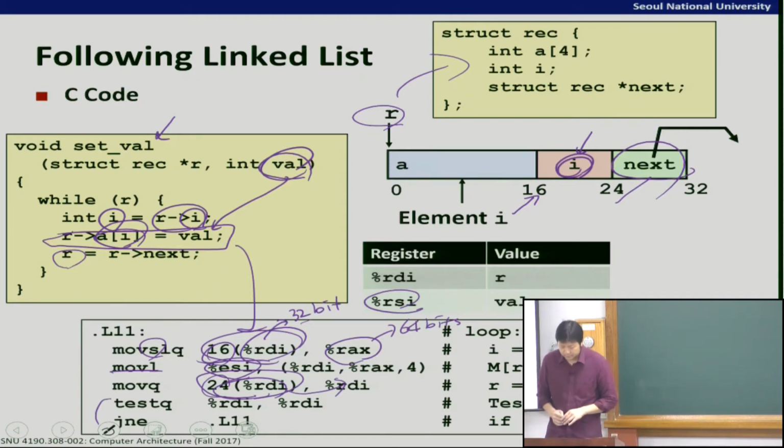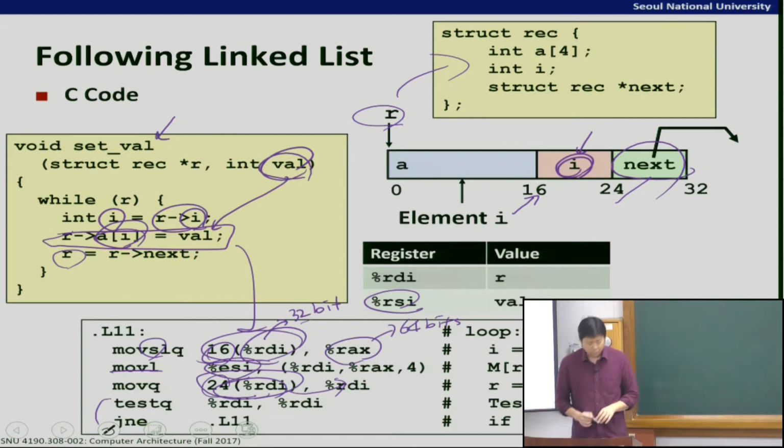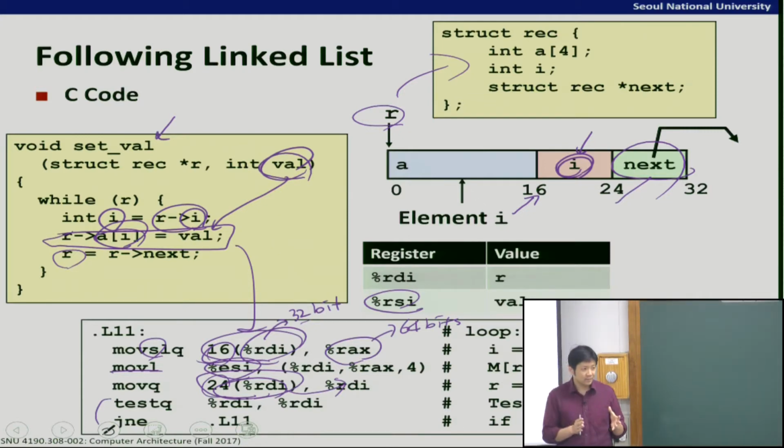This is a very simple code. Surprisingly, the original C code had 4 lines, but the assembly has only 5 instructions. That means the semantic gap between C code and assembly language is not that big, because it took 4 lines of code in C, but 5 lines in assembly. In terms of the power of expression, they are not very far off from each other. But if you use a different ISA, let's say a RISC architecture,